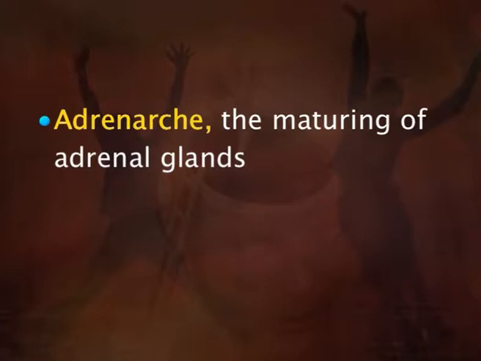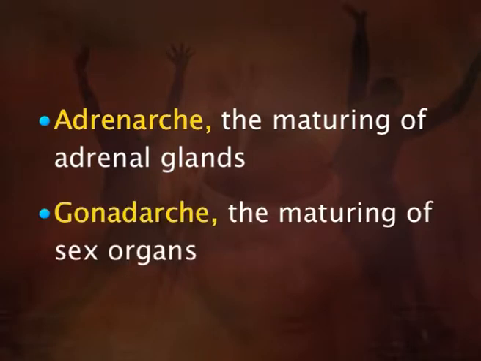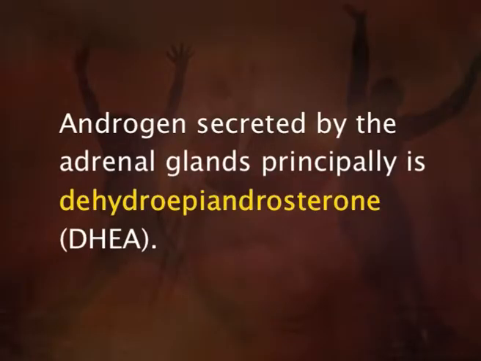So what are the hormonal changes that take place during puberty? Puberty begins due to heightened production of sex-related hormones and takes place in two stages. First stage is adrenarche, the maturing of adrenal glands, followed by gonadarche, the maturing of sex organs. During the ages of 7 to 8, the adrenal glands located above the kidneys secrete gradually increasing levels of androgens. Androgens secreted by the adrenal glands principally is